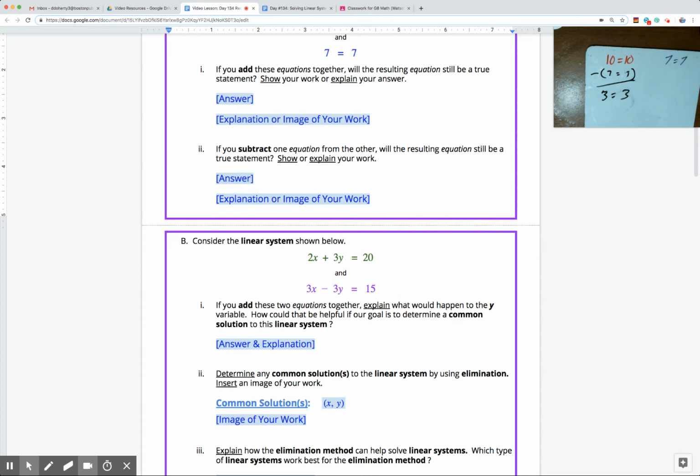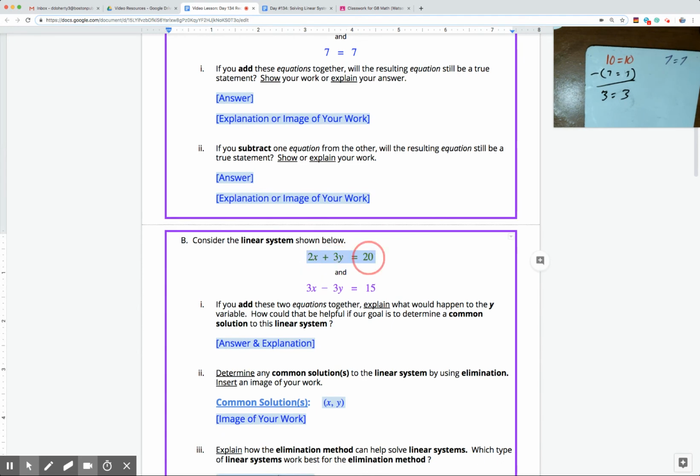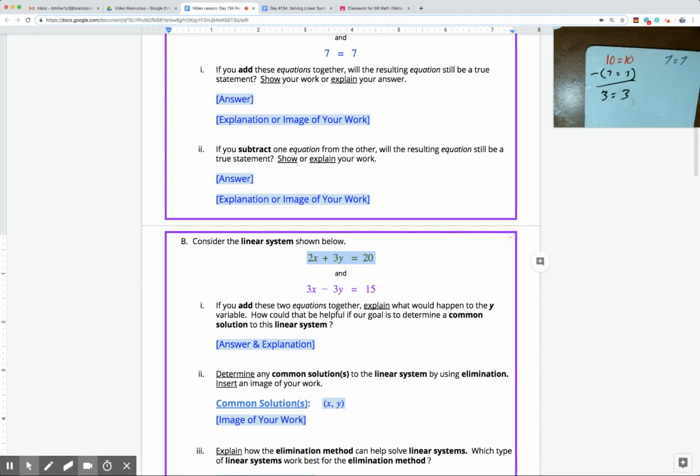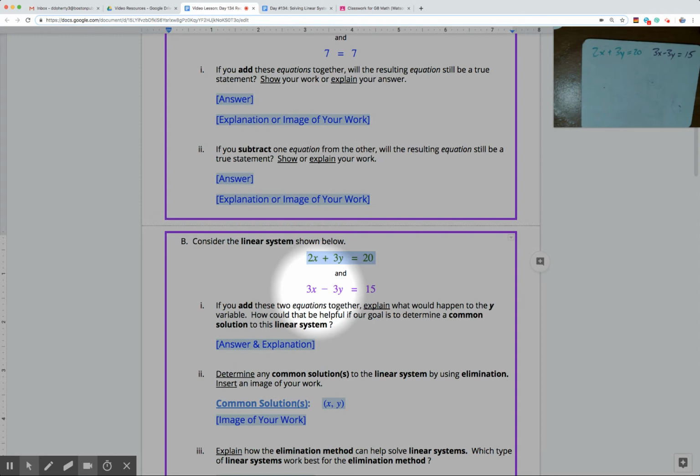Part B says to consider the linear system shown below. The first equation in green is 2x plus 3y equals 20. And the second equation shown in purple is 3x minus 3y, which is equal to 15. Part 1 asked us, if you add these 2 equations together, explain what would happen to the y variable. We see a positive 3y here and negative 3y here. And it says, how could this be helpful if our goal is to determine a common solution to this linear system? So to explore this, it says if you were to add these 2 equations together,